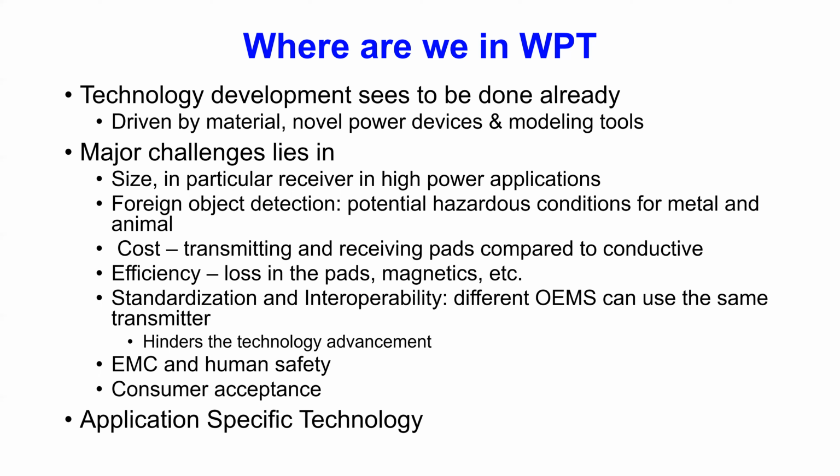The next item is cost. Because when we add in transmitting pads and receiving pads, we are adding additional costs compared to conductive charging. A consumer is willing to pay additional money to buy a wireless charger if they can spend $2,000 less in comparison to buying a conductive charger. Efficiency is still something we're working on, which means there's loss in the pads, loss in the magnetics, and loss in the litz wire that do not exist in conductive charging systems. Next is